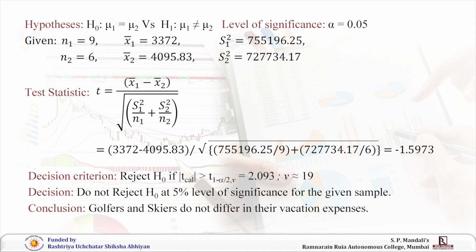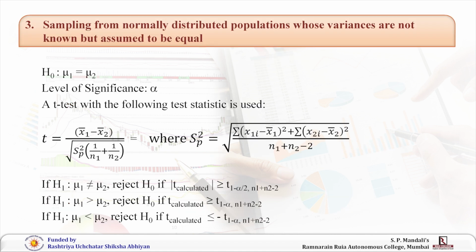Hence, golfers and skiers do not differ in their vacation expenses. The third situation is where sampling is done from normally distributed populations with unknown but equal variances. Again, a t-test is used for testing mu1 equal to mu2 at level of significance alpha, and now we use